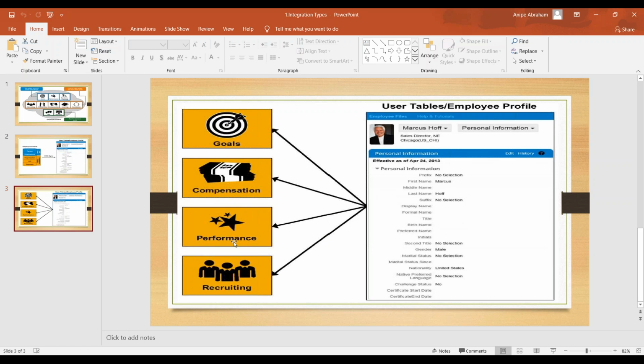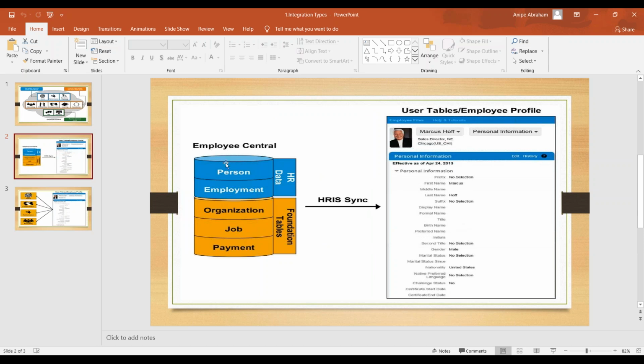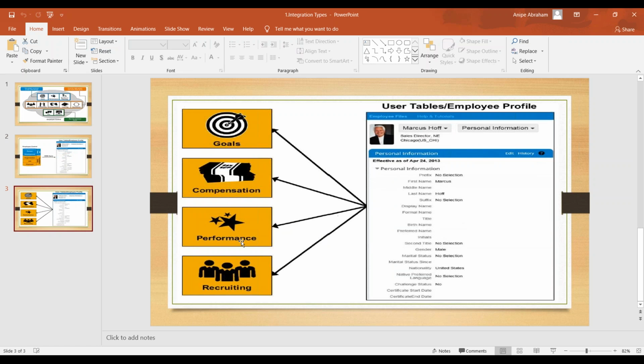In a similar way to what you have done from Employee Central to employee profile, from employee profile to the talent solutions you'll also be doing it with the help of internal integrations, which we call HRIS sync.